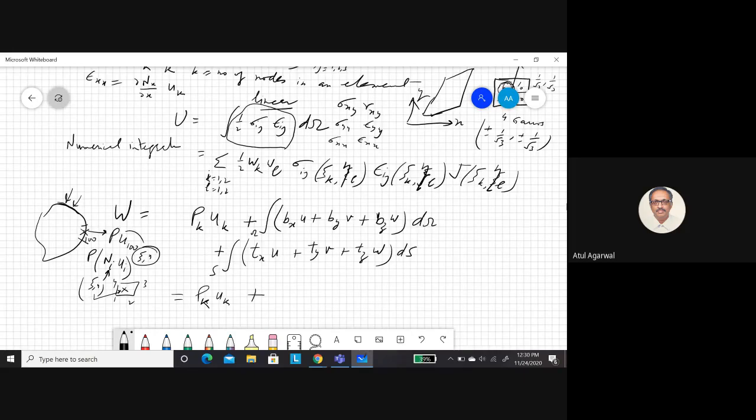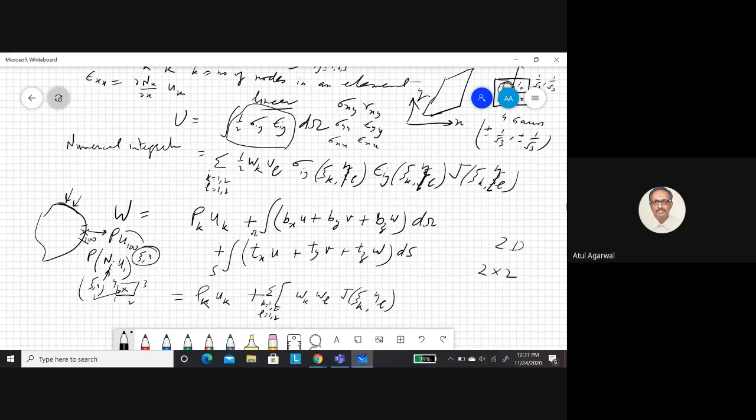What is a numerical integration? Again, you are using summation. It is a volume integral, so it depends. If it is a 2D domain, you will use Wi, Wk, Wl. K will be 1 to 2, L will be 1 to 2. If it is 2 by 2 Gauss integration, then you need the Jacobian at xi k, eta L.